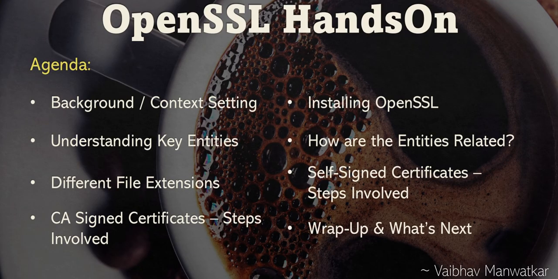We'll be discussing what we understood from the previous session. Moving on, we will look into installing OpenSSL onto different operating systems: Windows, Linux, and Mac. We will learn about the key entities and how they are related to each other. Then, what are the different file extensions? And there are two things. One is we can have self-signed certificates as well as CA signed certificates. So, what are the steps involved in both cases? And finally, we will summarize this session and discuss quickly what the next session is that we are